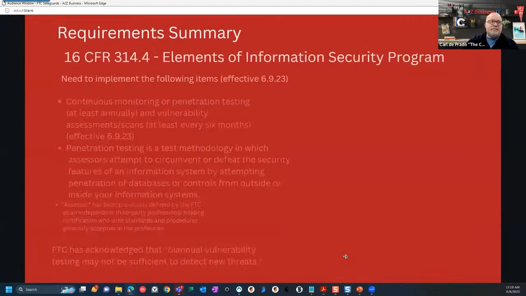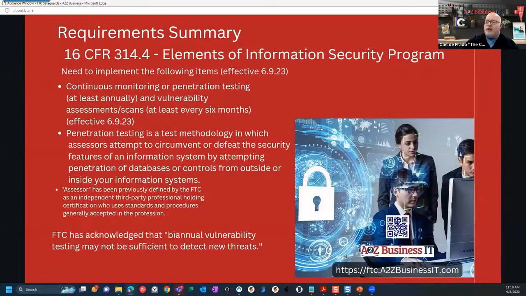On top of that, you need to have what we call an information security plan. The FTC gives two different ways. The first way, which is the least effective way, when we talk about compliance and security, is that you need to have at least two annual penetration tests. These aren't inexpensive tests. You need to let them run and look for anything that might be an issue, and you need to do that at least every six months. That's the minimum, as of tomorrow. And the FTC said, all right, we'll allow that.